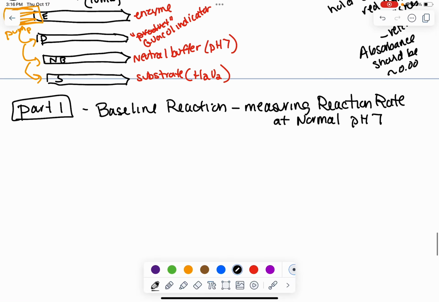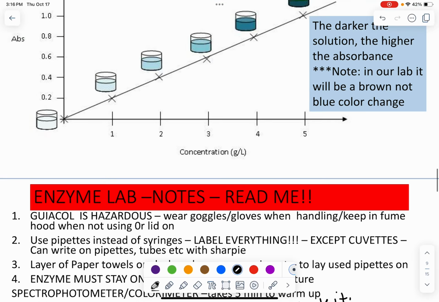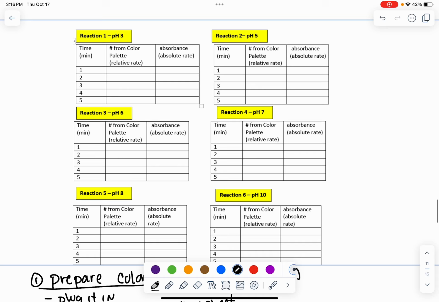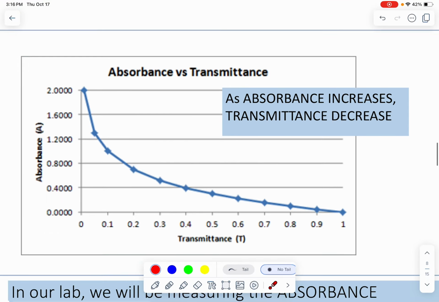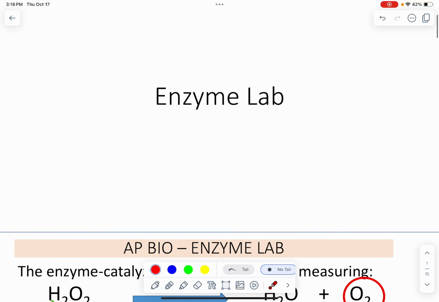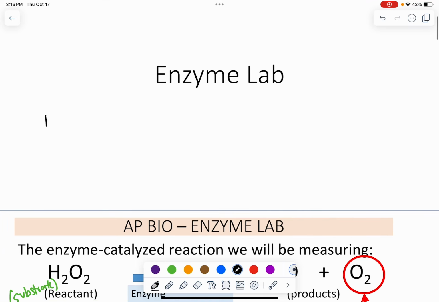I should have mentioned, if you haven't read the lab already, here's one of the pictures from the lab. We're going to be altering the pH. That's going to be our independent variable, and we're going to measure the rate of the reaction. Let me go all the way back because I meant to write this at the beginning. Our independent variable is going to be pH. That's what we're going to alter. And our dependent variable is going to be the rate of the reaction